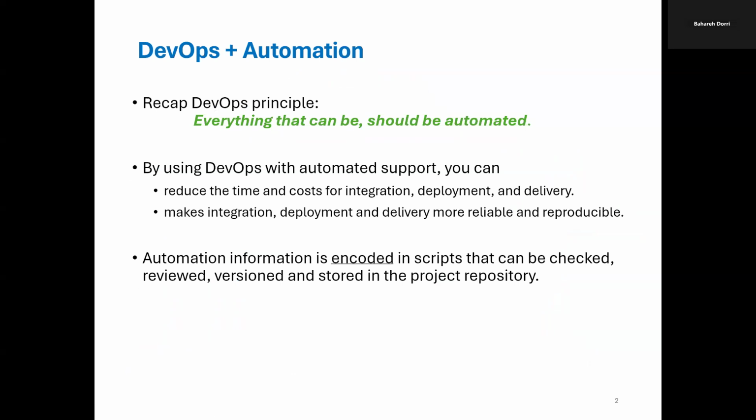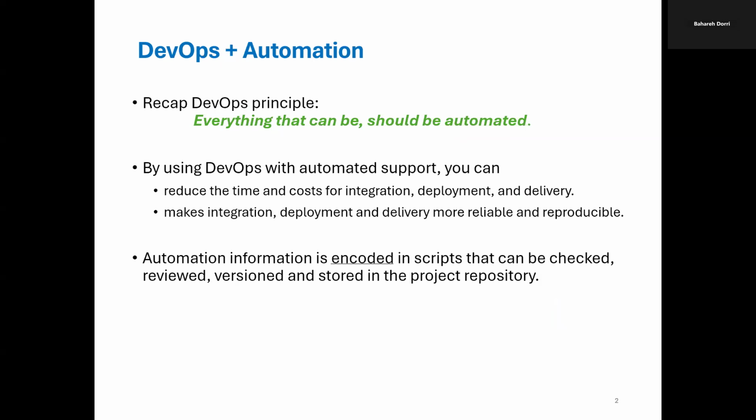If there is a task that gets repeated often, like integration code, deploying updates, or delivering new features, we don't want people doing that by hand every time. That's slow, error prone, and honestly, it's just not scalable. When we bring in automation, we are not only saving time and cutting costs, but we are also making those processes much more dependable. You run the same scripts and you get the same results, no surprises, no inconsistencies between